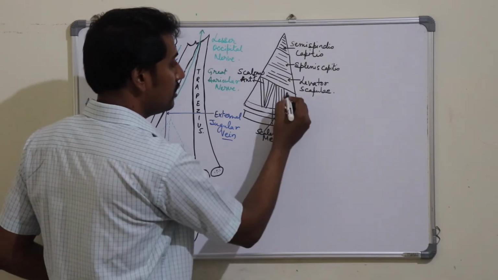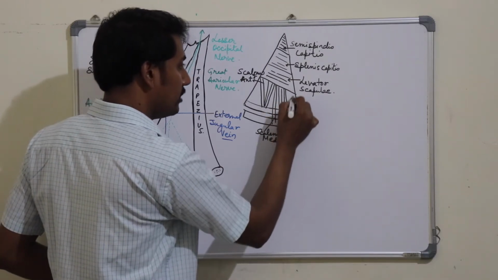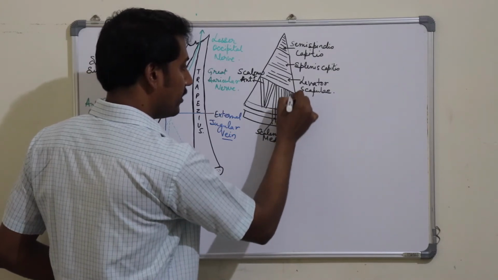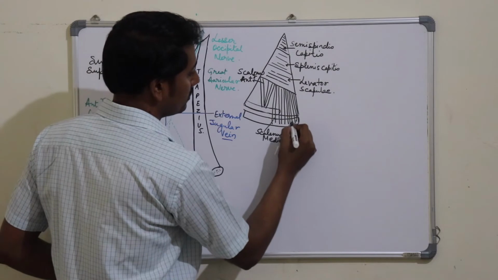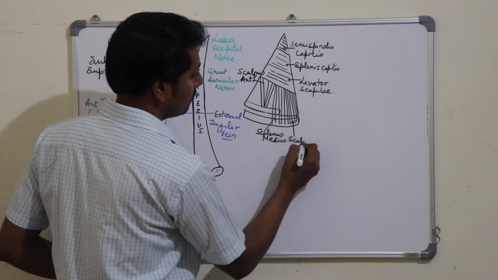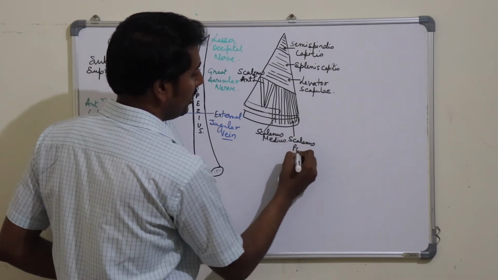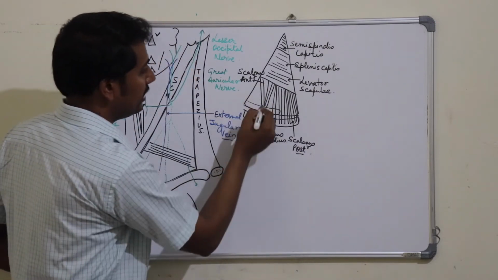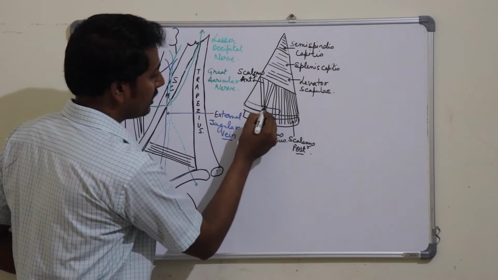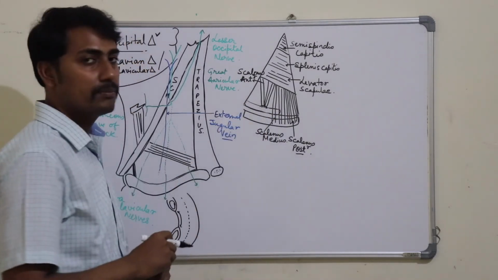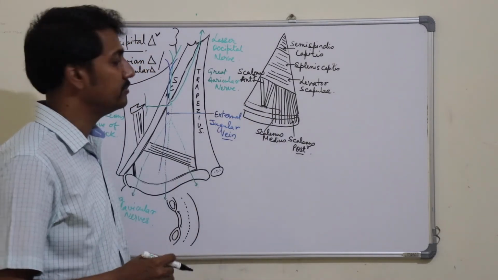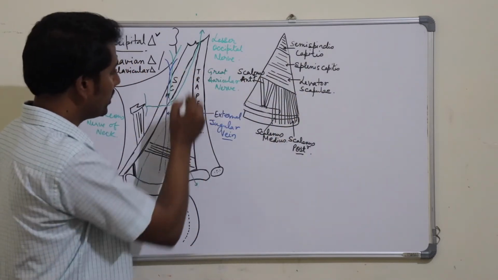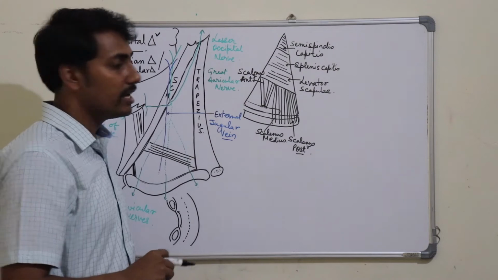The last muscle is the scalenus posterior muscle, which is extending to the second rib. The scalenus anterior muscle is getting attached to a tubercle, which is known as the scalene tubercle, present in the first rib. These 6 muscles are forming the floor of the posterior triangle of the neck,